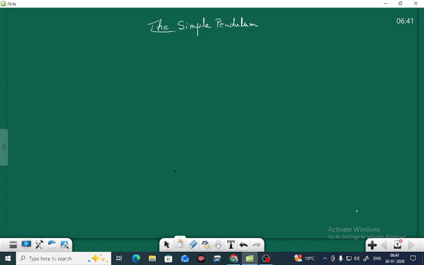Now, the motion of a simple pendulum is a simple harmonic motion. So here we are drawing a simple pendulum so that we can illustrate this as a simple harmonic motion. This is a rigid support, and suppose this is the vertical line,